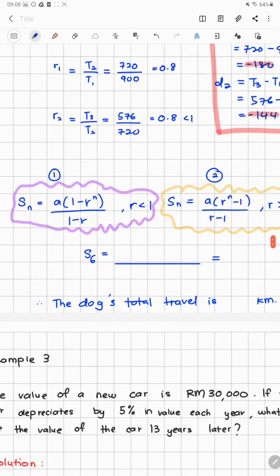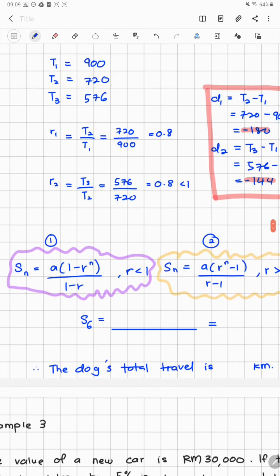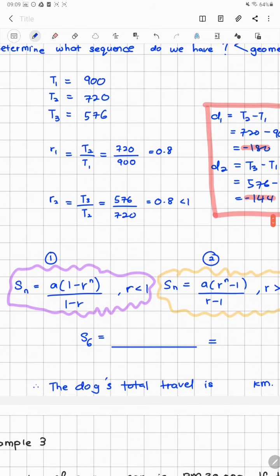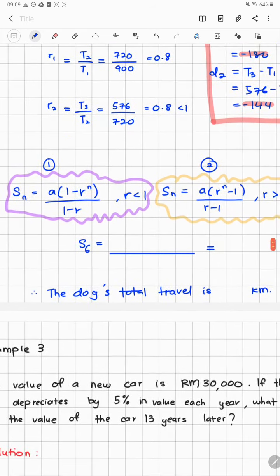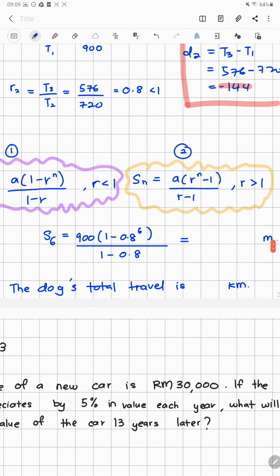Okay, so S6 is equal to our A. A is 900. Where do I get it? T1. T1 is equal to A, first term kita sama dengan A. So 900 times 1 minus R kita adalah 0.8 power of N. N kita adalah 6. So 0.8 power of 6 over 1 minus R. Our R is 0.8. So just using a calculator, you will get